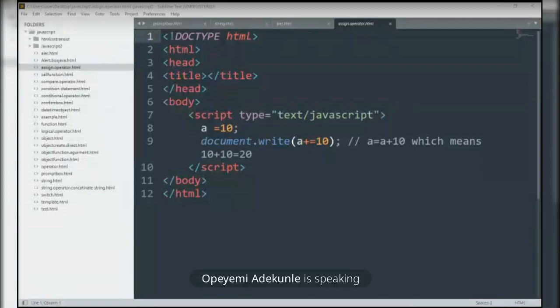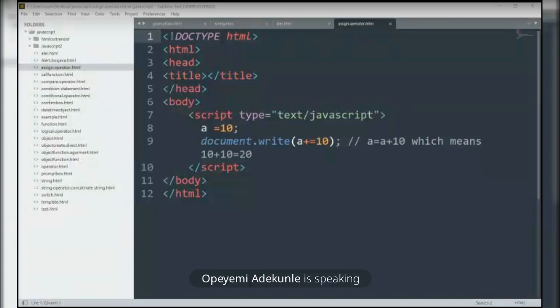operators, conditions, down to objects, and down to other functions of JavaScript. And one thing you must note is that JavaScript can change the content of an HTML, though it's outside the scope of this class. But what we just want to quickly display to us is variables. Now, you can see here